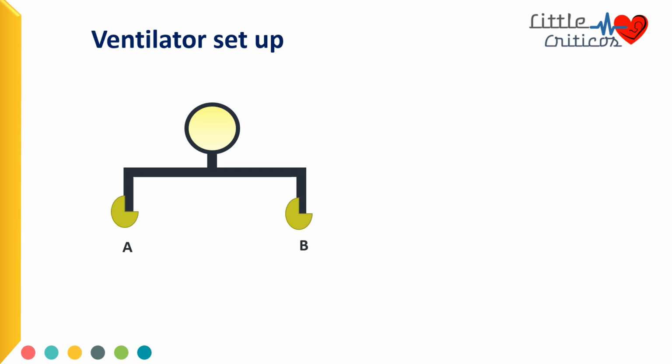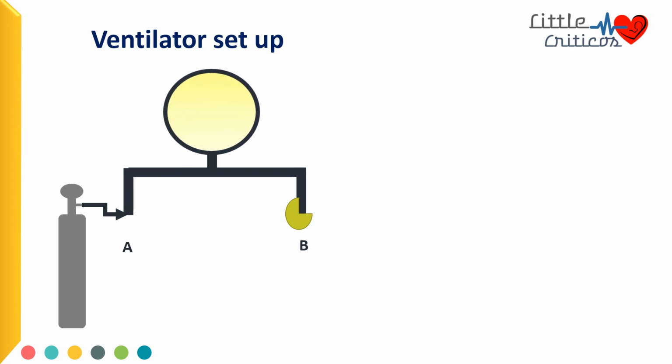Let us now try to understand the basic ventilator setup through this illustration. Let us assume that there is a balloon which is connected by a Y-piece to two ends which are fitted with two valves. A gas source is attached to valve A and valve B to the exhaust. Let us now release valve A. This causes movement of gas from gas chamber into the balloon. This gas flow will result in inflation of the balloon at a constant pressure. This occurs till the inspiratory valve remains open.